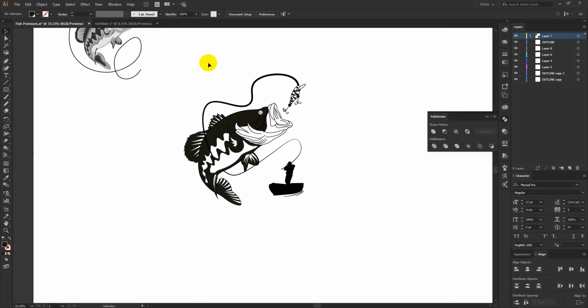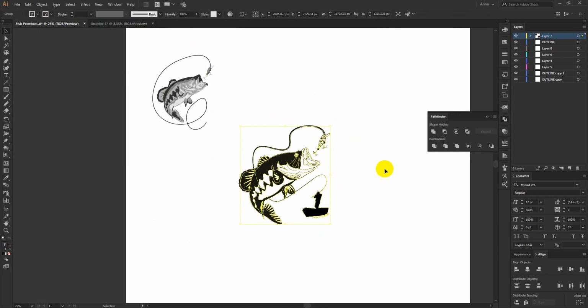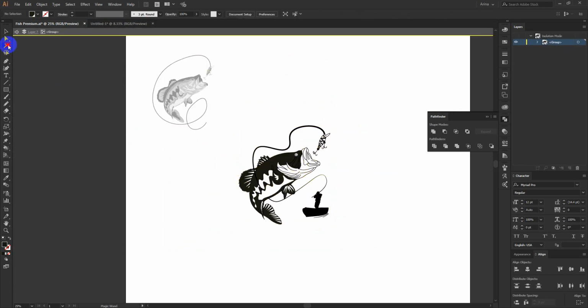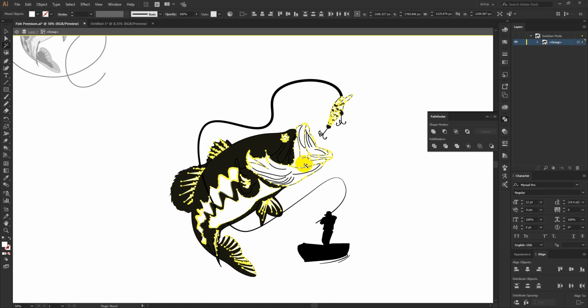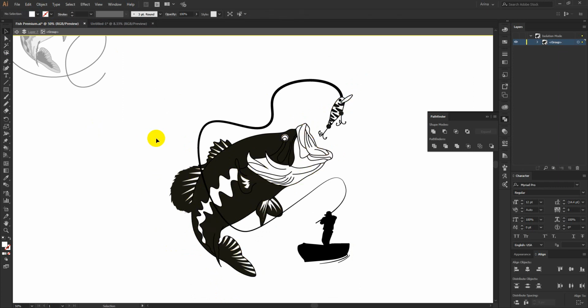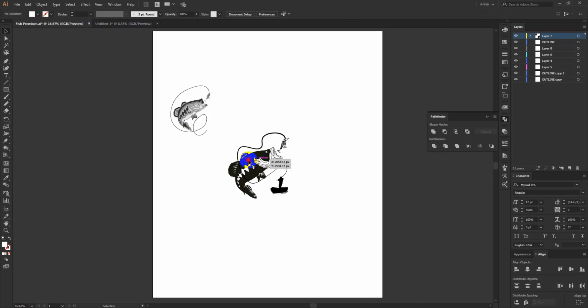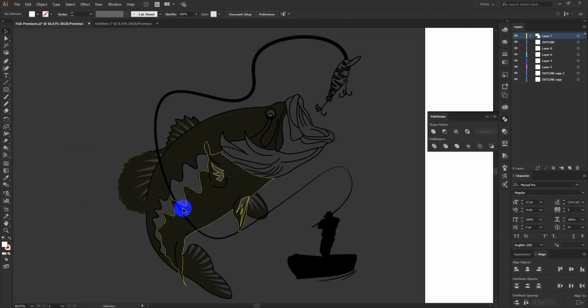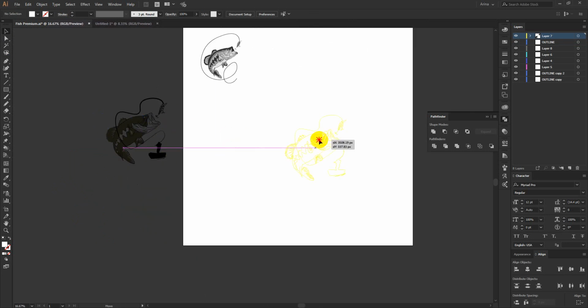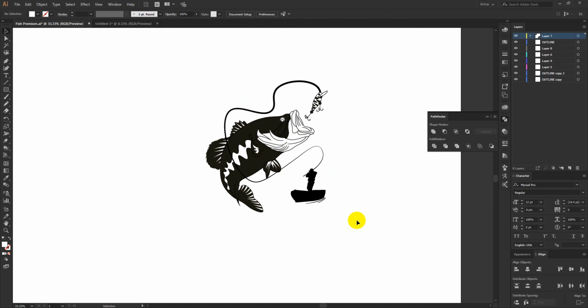Now if I just want to make a one color design here, I can simply take those out. I have to make them a group here first. If I double click here, then I can select my magic wand tool to select the white colors from the design. You can see the white is now selected. If I just cut it, now my design has no white color, as this is a complete vector file. I didn't erase this one, so that was easy for me to take out those white colors from here.